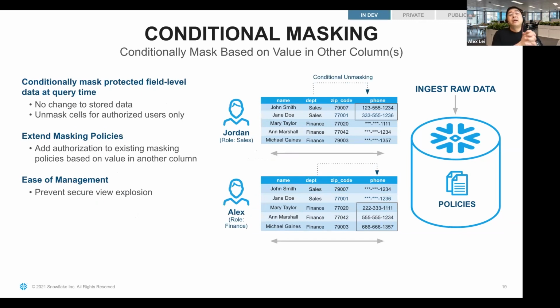Conditional masking. This is quite useful. For a particular field, based on the type of field information on a particular row, you can mask the information. You can see in this particular sample here, you might base it on different departments. So a sales department may only see a certain amount of information, whereas a person who's accessing it from a finance department or role is able to see the full phone number information.